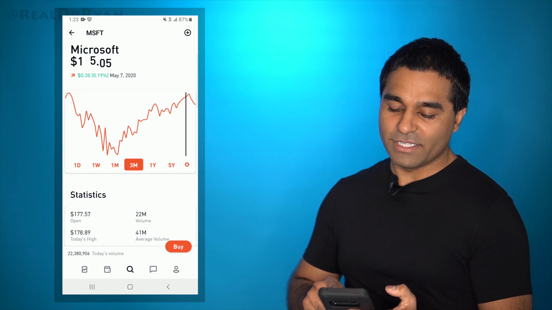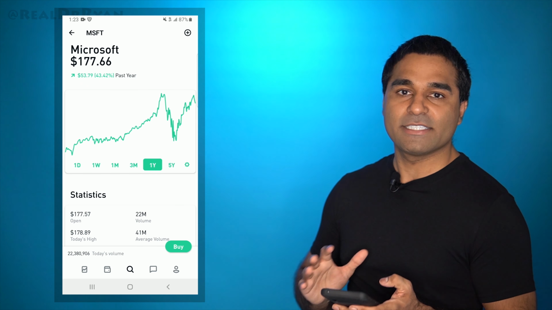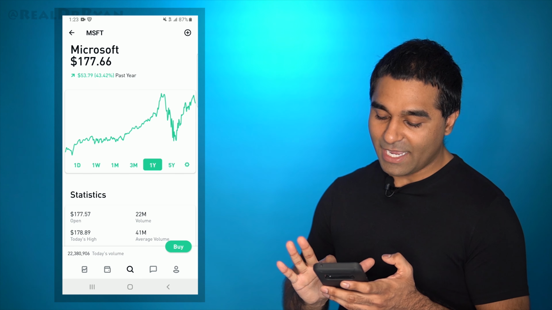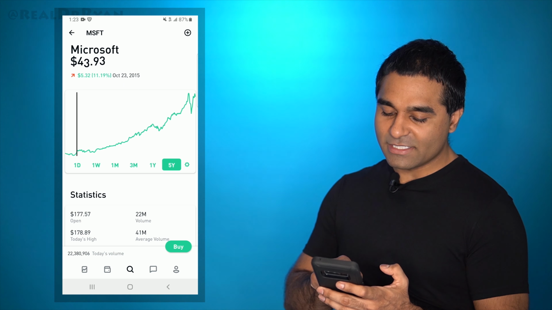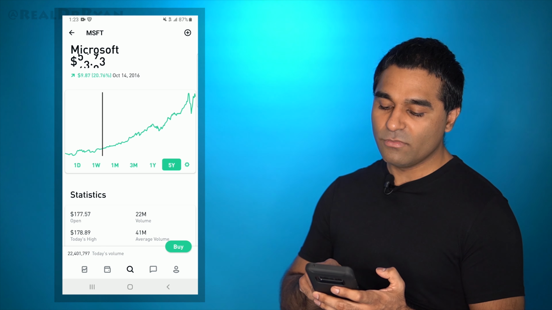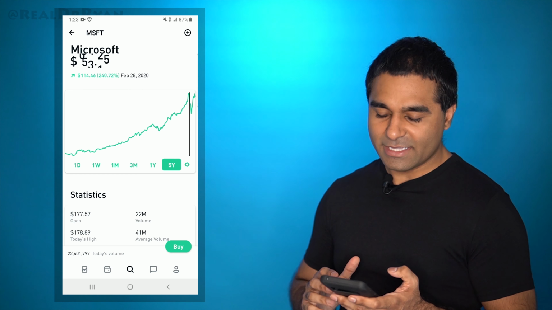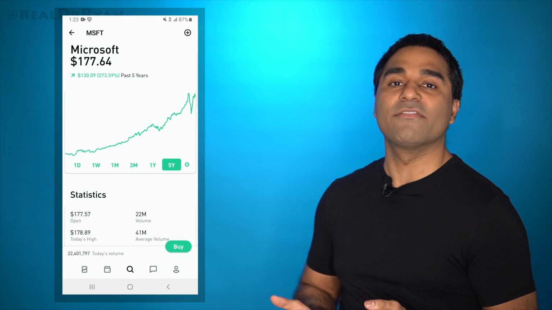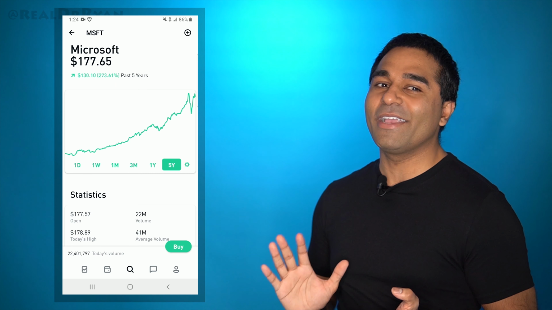And you can also click on the year to see how the stock's performed over the year. I like to look at the 5-year just to see how the stock has performed over time. If you click on the 5-year, you'll notice that this stock has generally just gone up over time, and I like to see that in anything that I buy. I like to see that there's this general trend of going upward. It might have its dips here and there, but I just want to make sure that the line